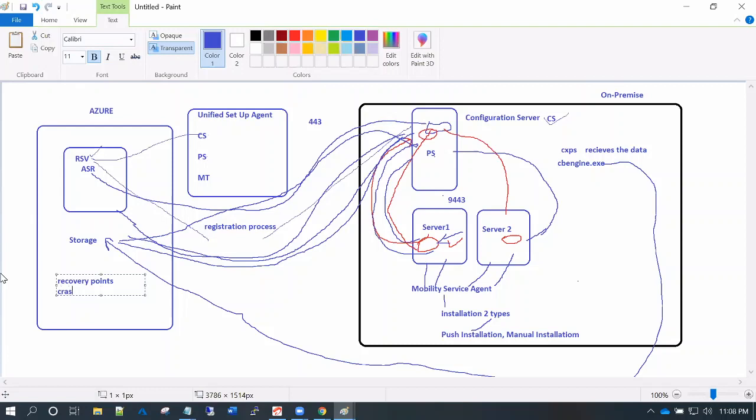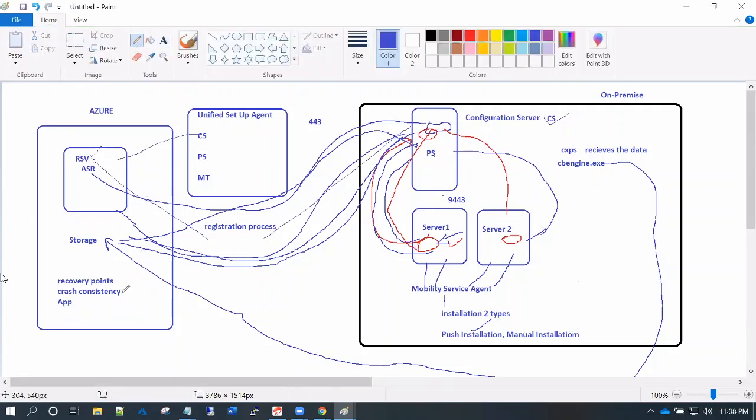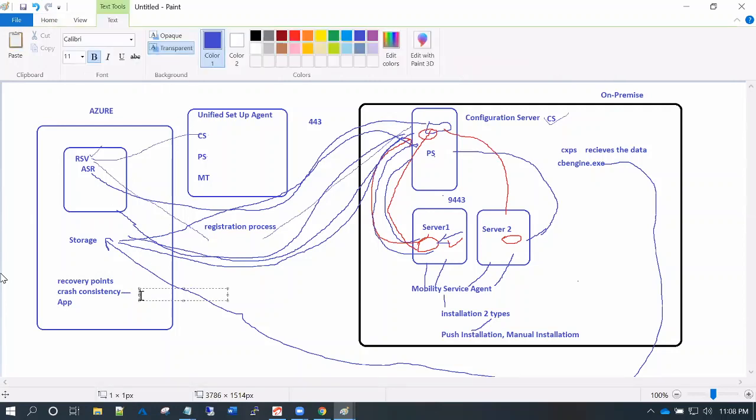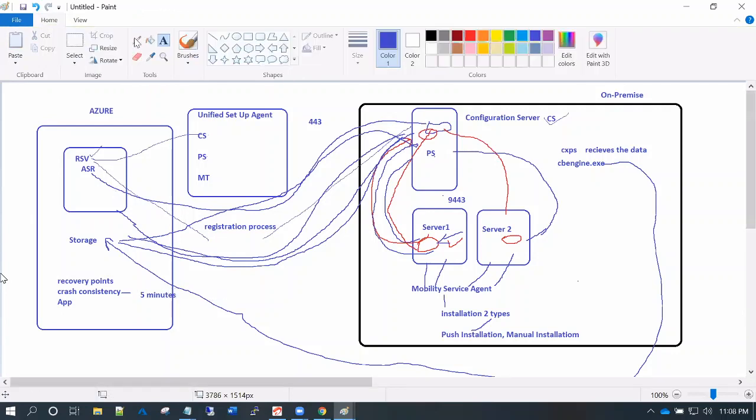We have two types of recovery points. One is the crash consistency recovery point, the other one is the app consistency recovery point. When I say crash consistency, it will generate one recovery point every 5 minutes. Crash consistency is nothing but whatever data exists on the disk; it will just issue a tag.